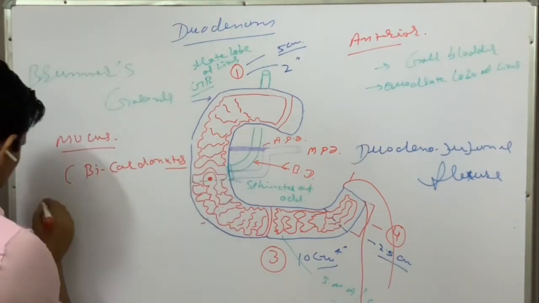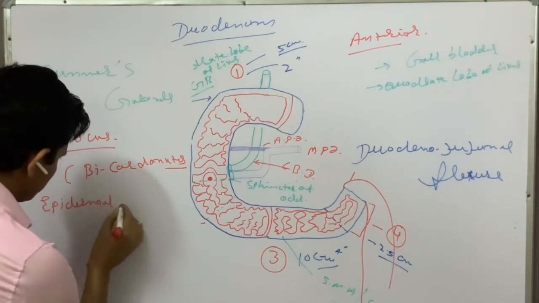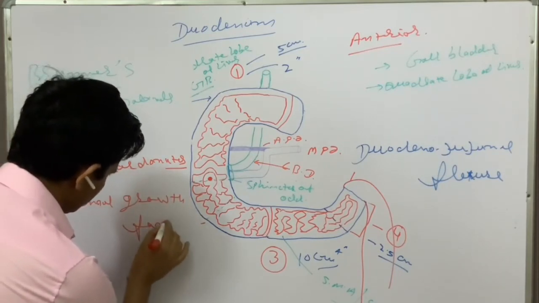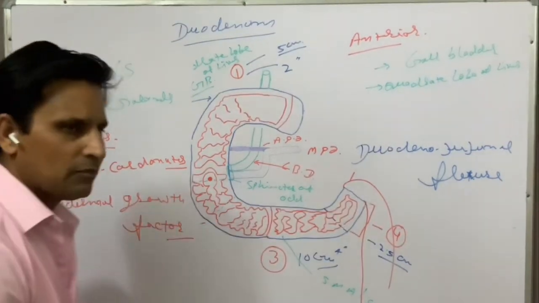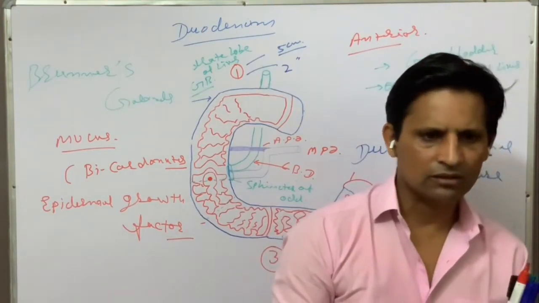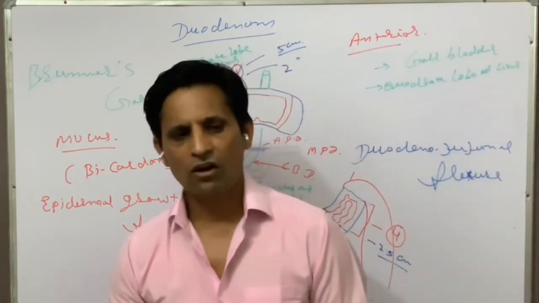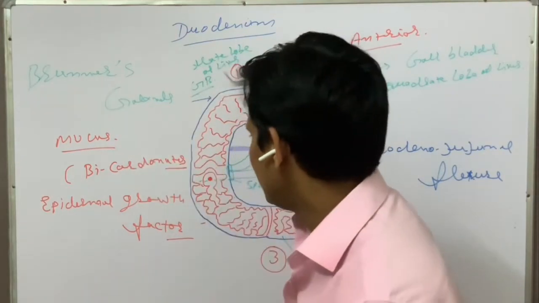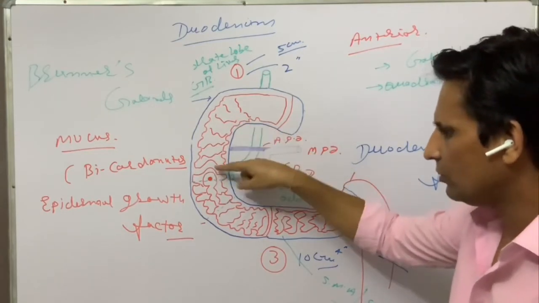More important, epidermal growth factor. So what does this secretion do? The epidermal growth factor inhibits the activity, the secretion, of the parietal cell as well as of the chief cell. So the Brunner's gland is situated in the mucosal wall of the second part of the duodenum